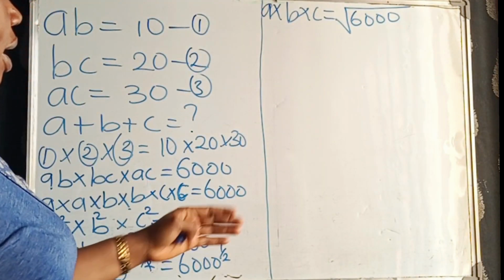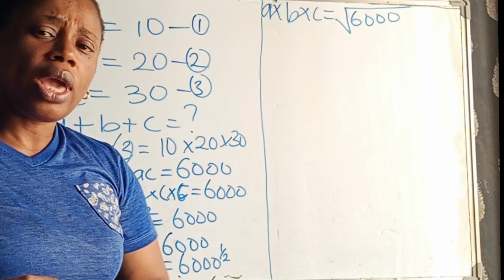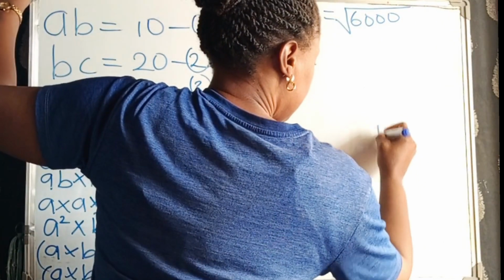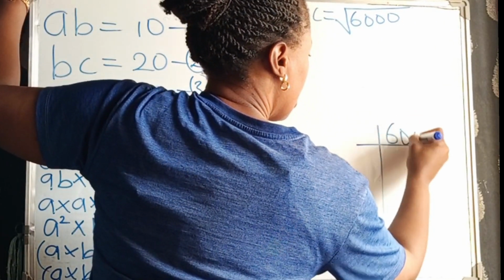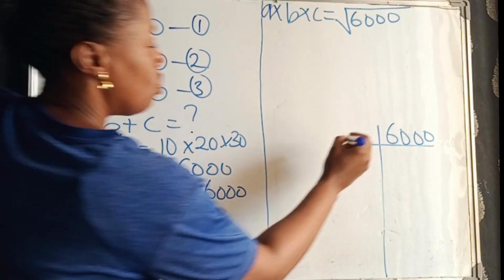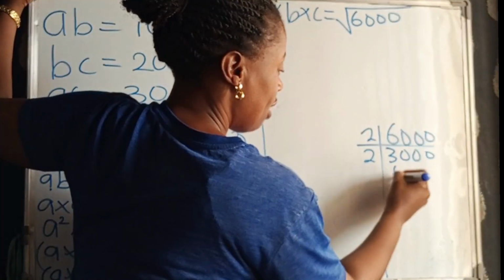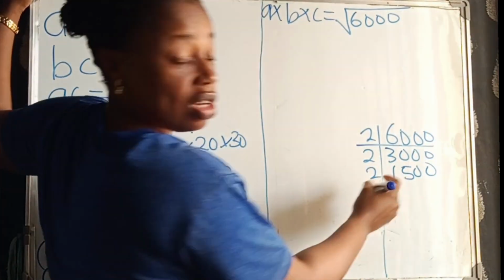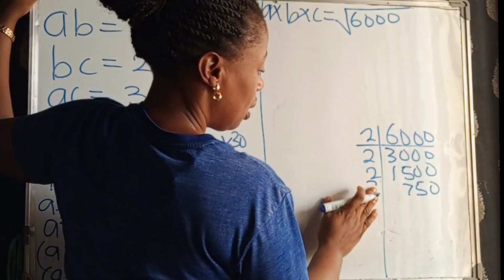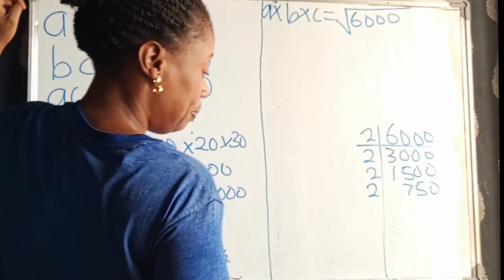Now, let us go ahead and find the square root of 6,000. For us to find the square root of 6,000, we have to divide it. So let's divide. I'm going to start first by using the smallest number that can divide 6,000. So 2 here gives 3,000. 2 divided into 3,000 is 1,500. 2 divided into 1,500 is 750. Yeah, 2 can still divide since there was 0 here. 2 divided into